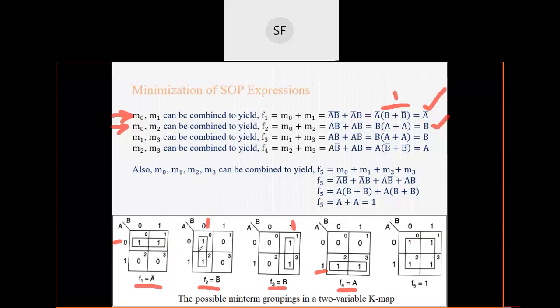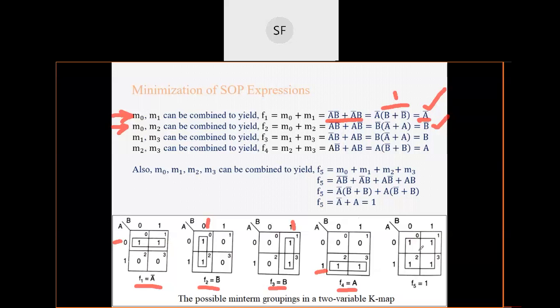Okay, so if two minterms are present like this, then you can just combine them and you can eliminate one variable. हो गया ना सिंप्लीफाई। यहाँ पे ही देखो आप, यहाँ पे पहले दो टर्म रिक्वायर्ड थे, बट आपने जब दोनों कंबाइन किए तब आपको एक ही टर्म में आपका काम हो गया। So this is nothing but the minimization. So this minimization can be done by combining two cells.